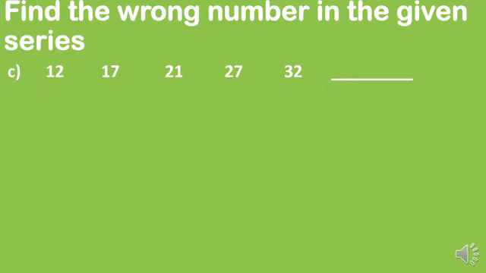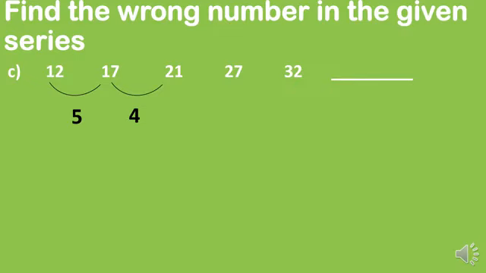So let us check the addition first of all. 12 and 17, the gap between both these numbers: 13, 14, 15, 16 and 17. So the gap is of 5 numbers. Then 17 to 21, there is the gap of 4 numbers. Then 21 to 27, children, there are the numbers which are having a gap of 5 numbers. Okay, there is a 5 number gap, so it should be a 5 number gap.